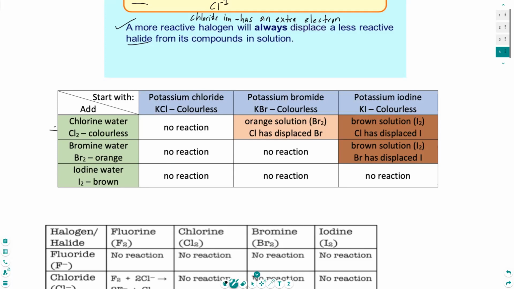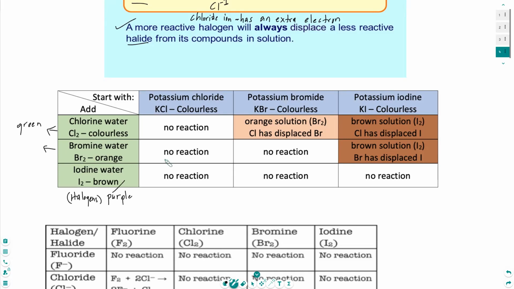So remember that the chlorine gas is green, right? Remember that bromine, as it says here, is an orange liquid. And remember that iodine can look brown or it can look purple, right? So the halogens have color, but when the halogens have gained an electron and they go into compounds, the compounds are colorless. All right, now, if we should add chlorine to a solution that has bromide in it,